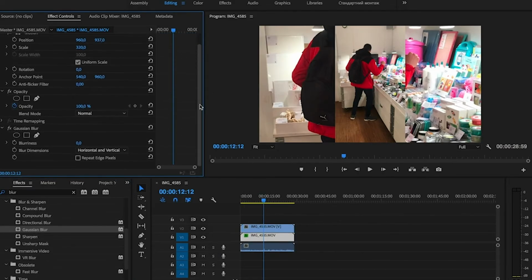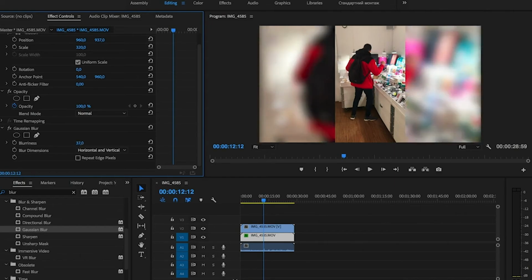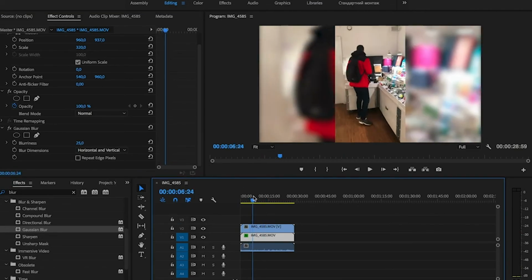Now go to the Effect Controls panel. In the Gaussian Blur option, we change blurriness. Set it about 25. And now you can see our vertical video on Full HD screens. And on the side you don't see black